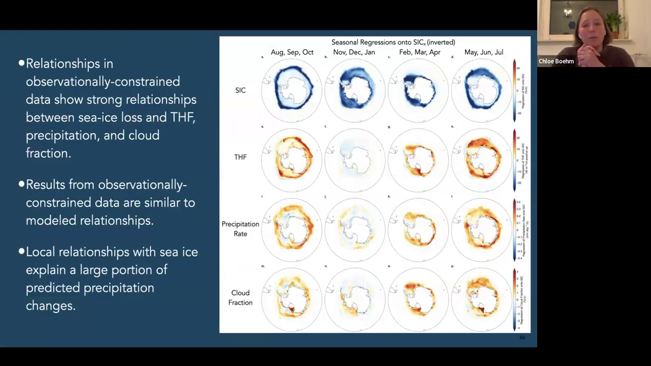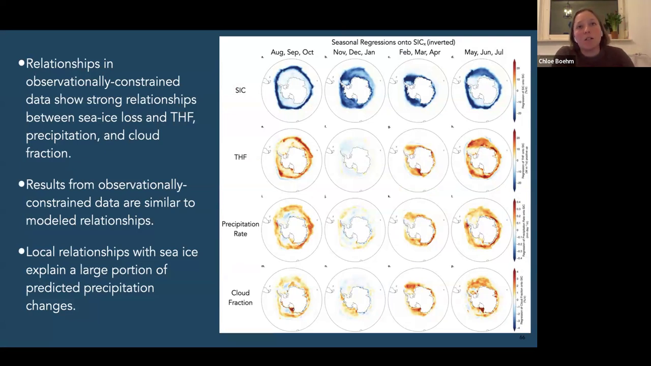And so I guess just to wrap up that second part, we've looked at the relationships in observationally constrained data, showing how these strong relationships between sea ice loss and turbulent heat flux, precipitation, and cloud fraction. We've seen that these relationships are also present in modeled experiments that are forced by sea ice,